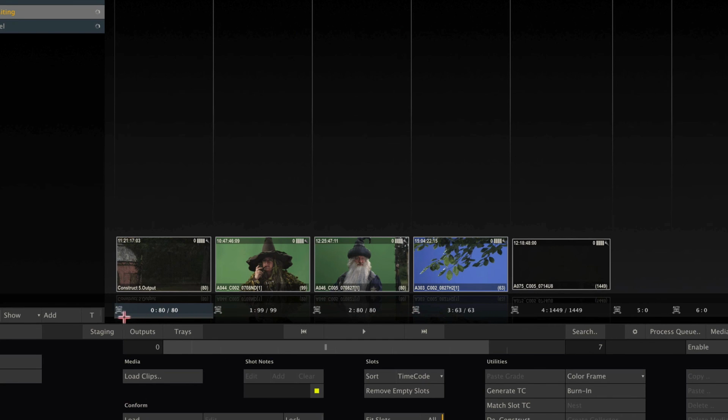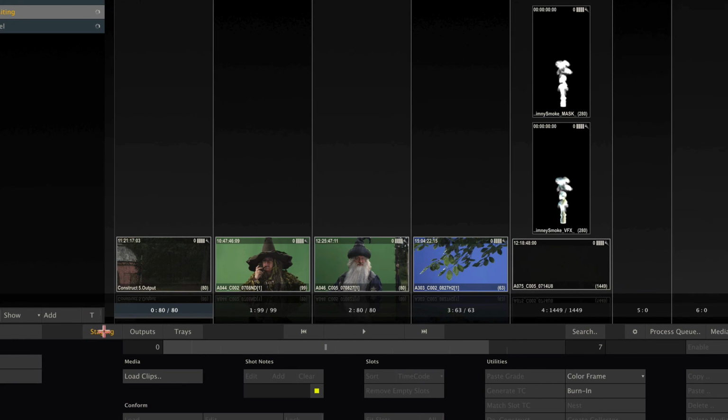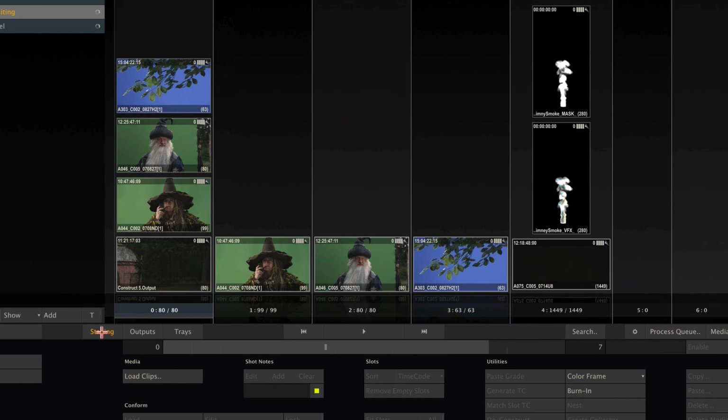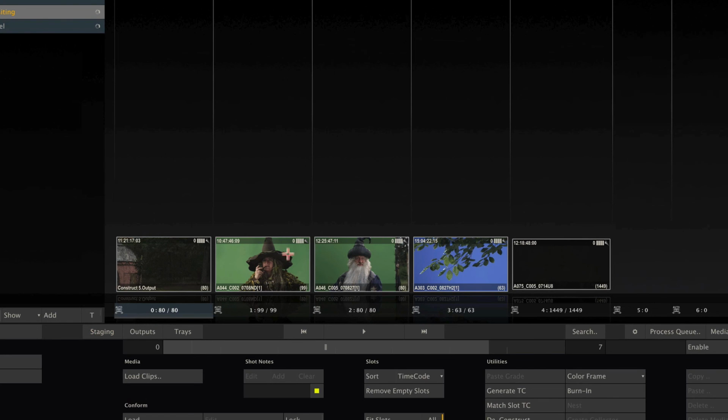Before continuing, I want to introduce you to the staging area in Scratch. The staging area functions as a magazine of elements for a particular shot, if you want. Simply put everything you need to build up the shot in the staging slot of the corresponding shot. Of course, we could also place our elements, such as this wizard, witch and leaves, as clips or versions into